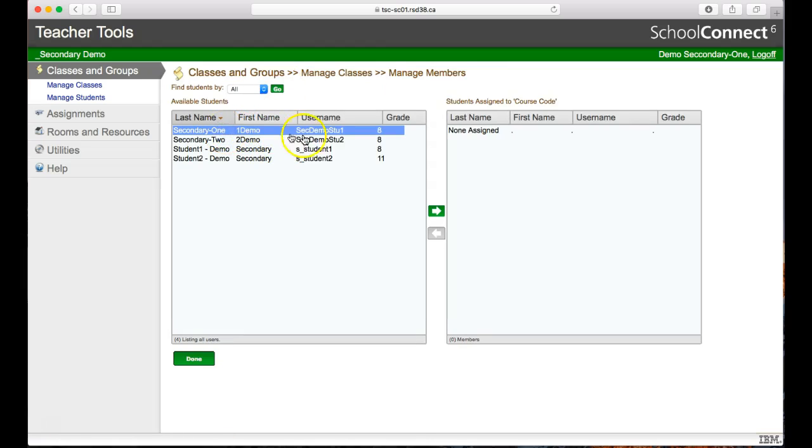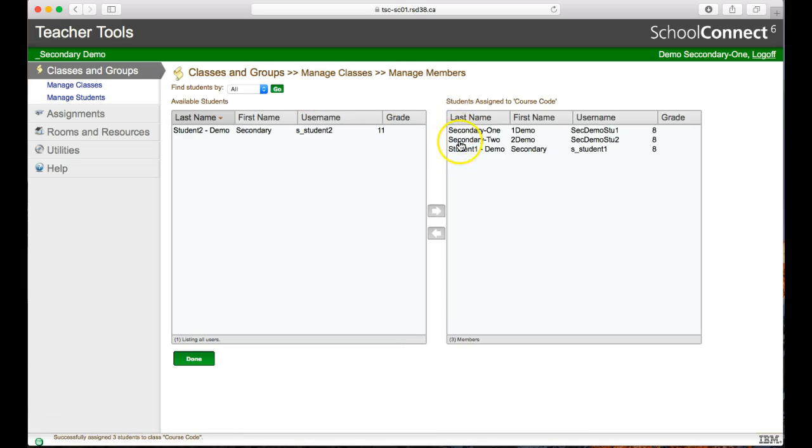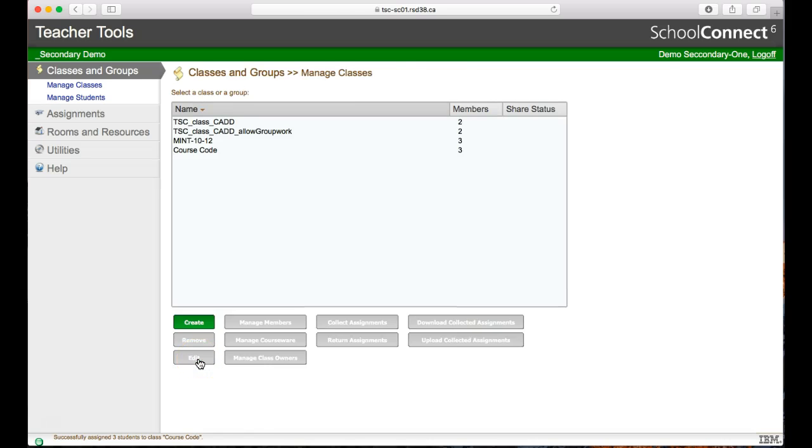So there we go. I'm going to put all the grade 8 students into my class. I can hit shift and multi-select those. I believe in Chrome you can control click on individual students, and even though their names may not be beside each other, you can multi-select a bunch of students. So I've put my students in my class and I hit done. Now there's my course called course code. This incidentally,